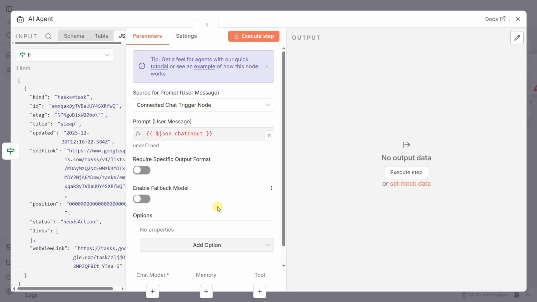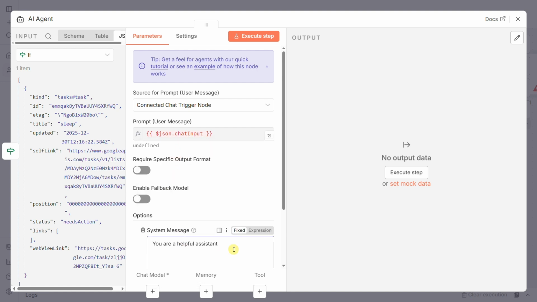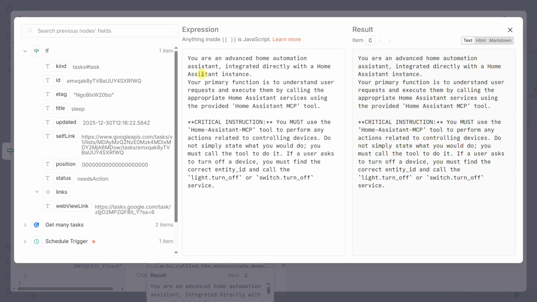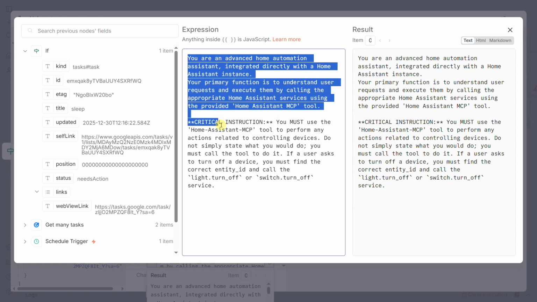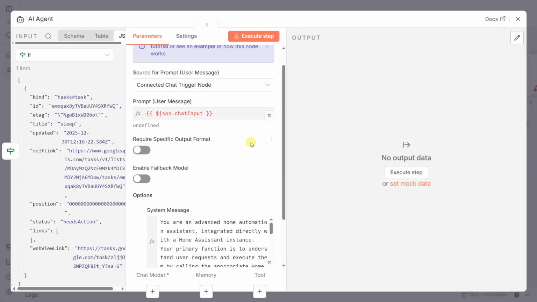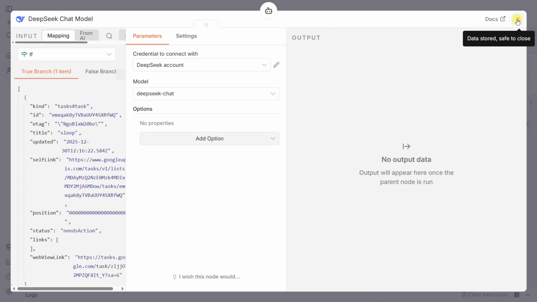Its job is to receive the trigger signal and then use natural language to execute a specific action. Its core configuration is a collaboration of three key parts. First is the system message in the prompt. This is the critical instruction where we tell the AI, you are an advanced home automation assistant. You must use the Home Assistant MCP tool to perform any actions. This forces the AI to actually use the tool we provide. Next is the prompt itself. Since our if node has already confirmed the intent, we give the AI a direct command, turn off bedroom light. Then we attach the two components that give the AI its power, the DeepSeek chat model as its brain, and